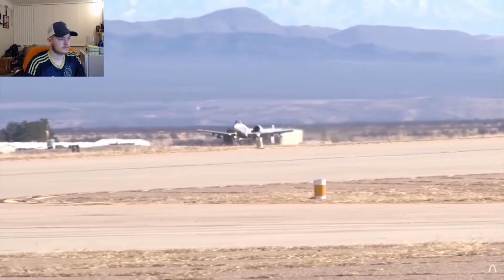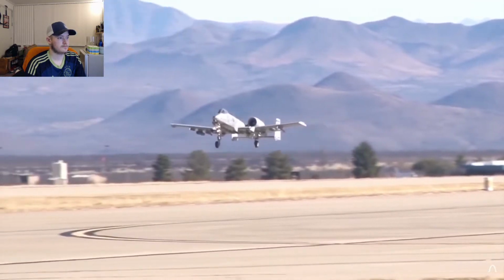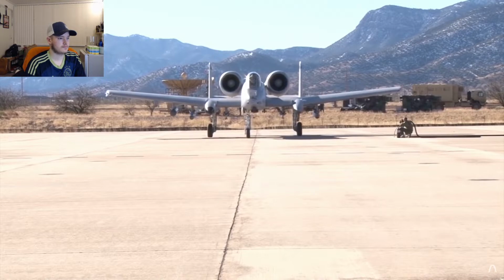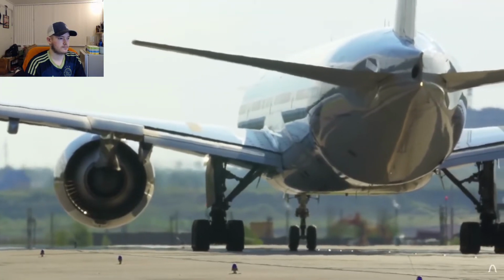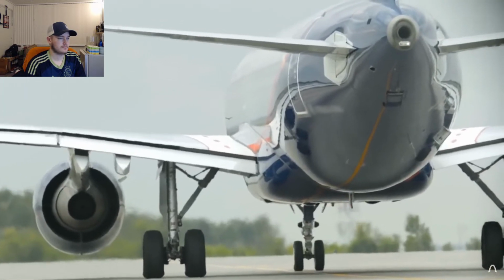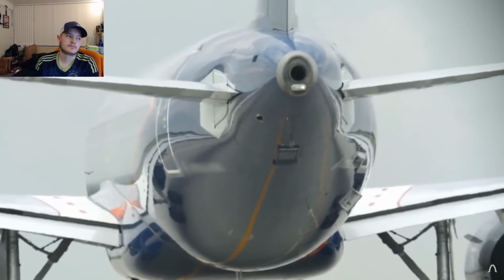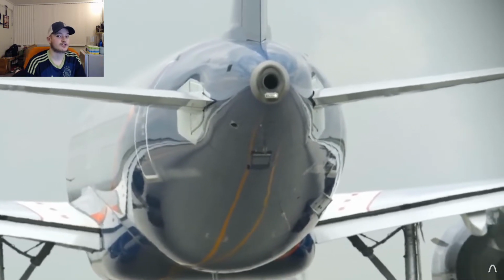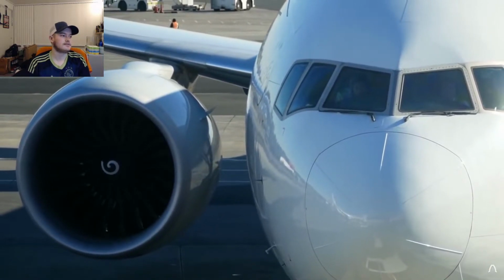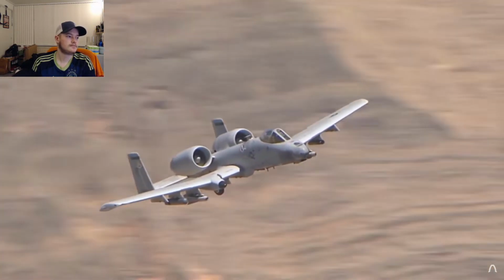A lot of design choices were made to allow the plane to operate from remote airfields like this. Smaller military planes like this don't typically have auxiliary power units, which are small secondary engines that large planes like airliners have. You can see the exhaust of these little hidden engines in the tails of airliners. These engines allow the plane to start its main engines without external help and help run functions like electricity generation and hydraulic fluid pumps. But it's unnecessary weight for most small aircraft, and they usually use some other way to